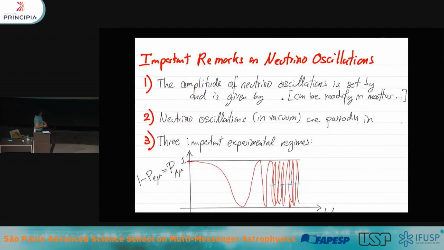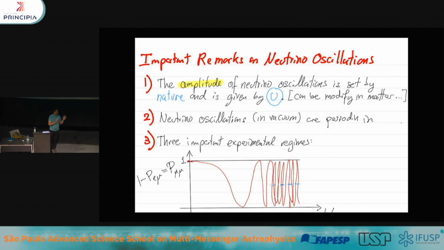So there are essentially 4 important things that I want to remark on about neutrino oscillations. First of all, the amplitude of the neutrino oscillations is going to be set by nature, and it depends on this matrix U. Okay? That's something that I can, in principle, not control. It's given by however the universe decided to give us fundamental constants.